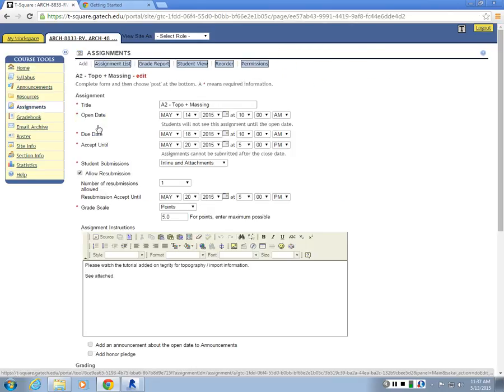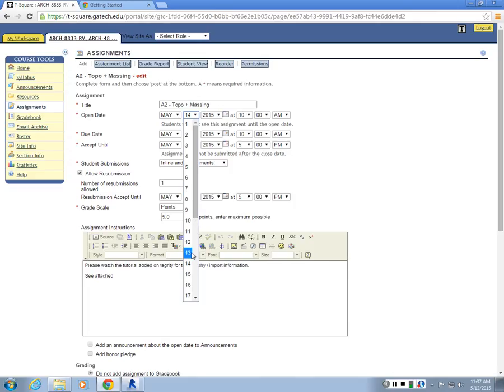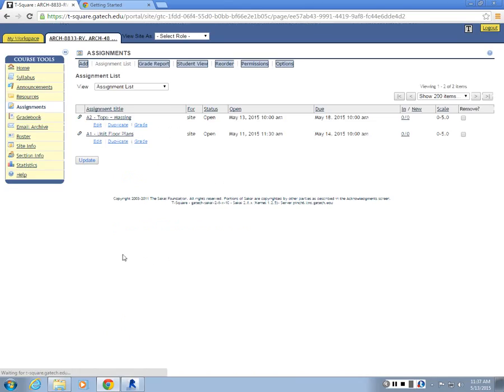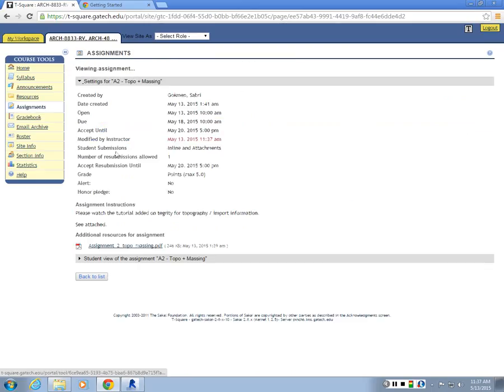Say what? Use the tab key to iterate through the elements until you see that highlighted, and then you can select that. I'll change this to be open now, 10 a.m. And basically,